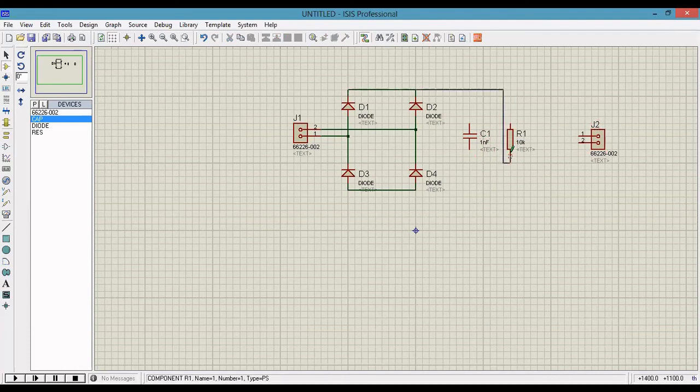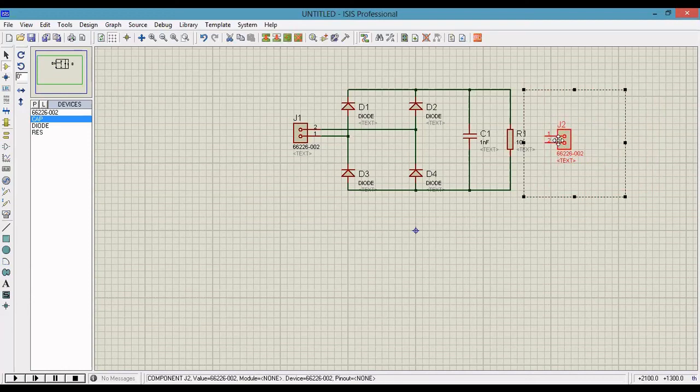Now this resistance is called the load. The capacitor is used for the filter purpose.